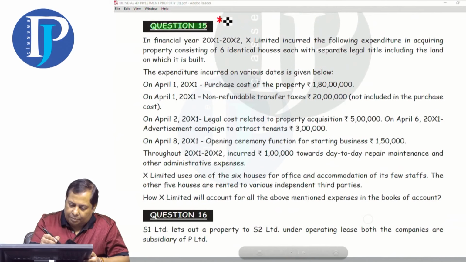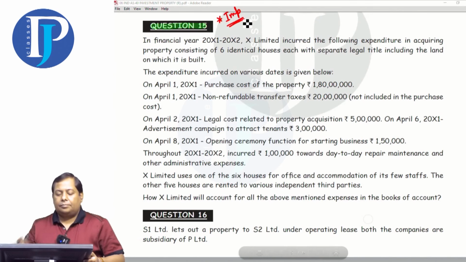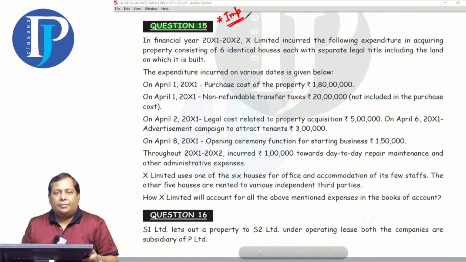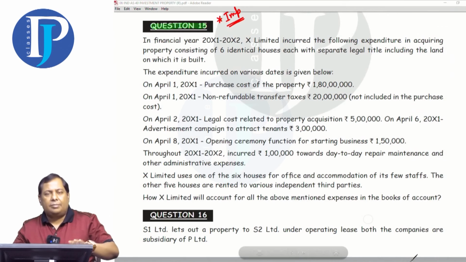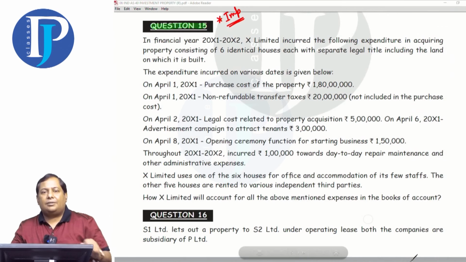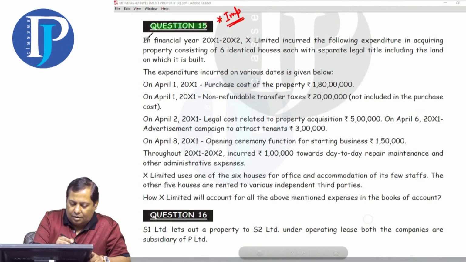I mark this as important. It's the 15th question. It's very simple. It will take 10 minutes. It looks like it's very difficult, but it's not. In the year X1, X2, okay,